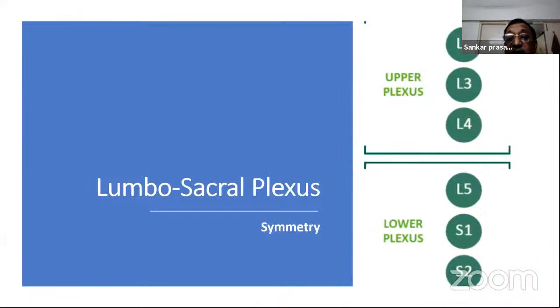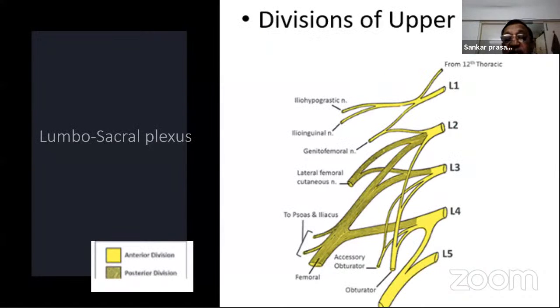So you can divide them into upper plexus and lower plexus. L2, 3, 4 is the upper plexus. L5, S1, S2 is the lower plexus. And as far as nature is concerned, it tried maintaining symmetry on both sides of the body. So L2, 3, 4 is the upper plexus, and L5, S1, S2 is the lower plexus. It can be further divided into anterior divisions and posterior divisions, and the anterior and posterior divisions of the lumbosacral plexus will have